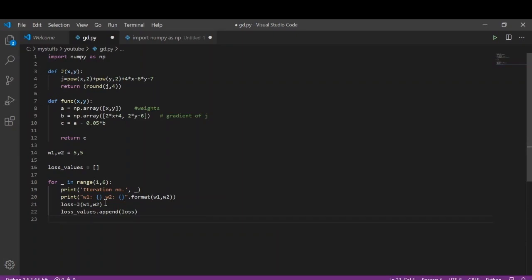As we go through the iterations, the weights will change and accordingly the loss will also change. So we'll keep track of the loss values.